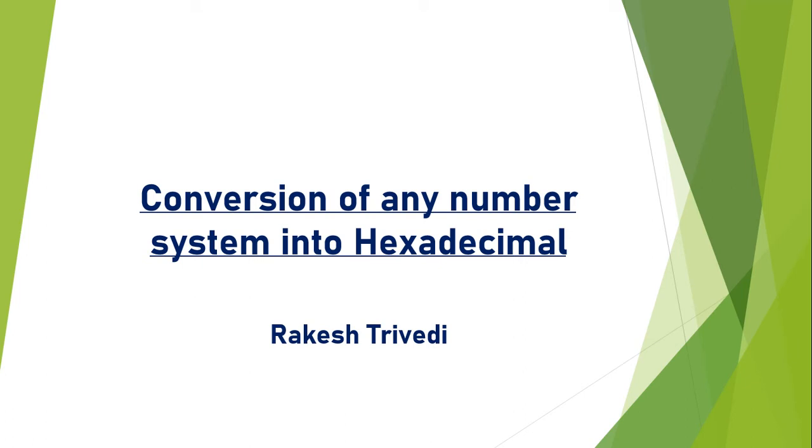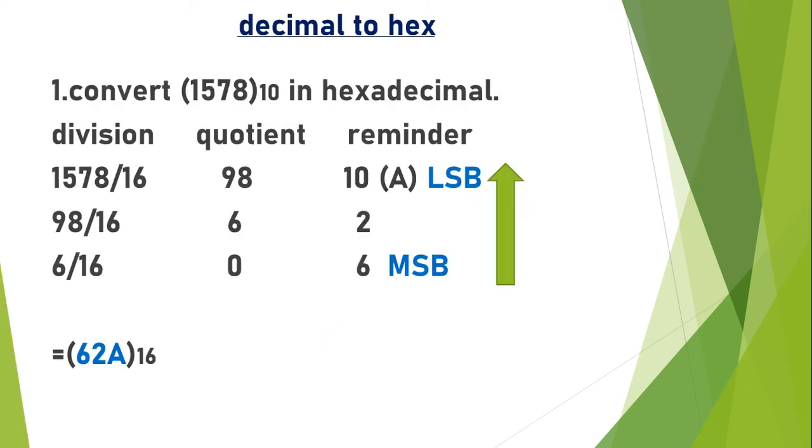In total, there are 16 possible unique symbols: from 0 to 9, as well as the symbols from capital A to capital F, where A is equal to 10. Similarly, F is equal to 15, and in between you get 11, 12, 13, 14 as B, C, D, and E.